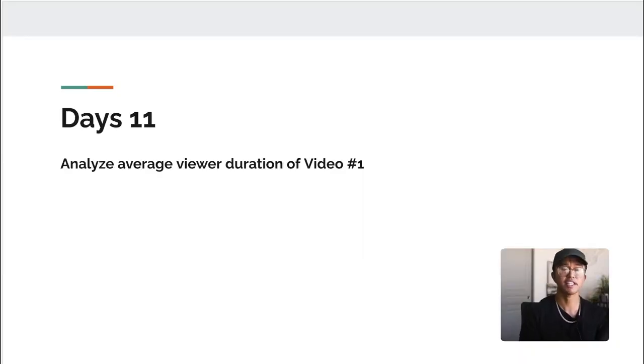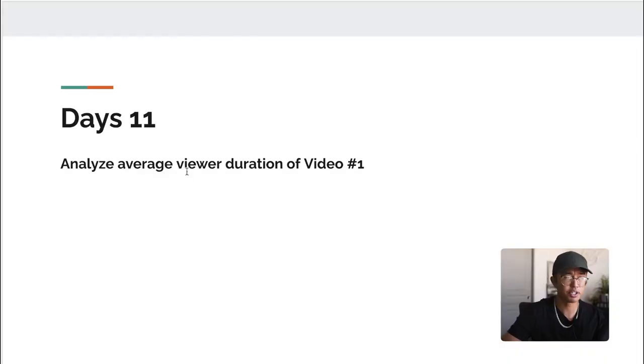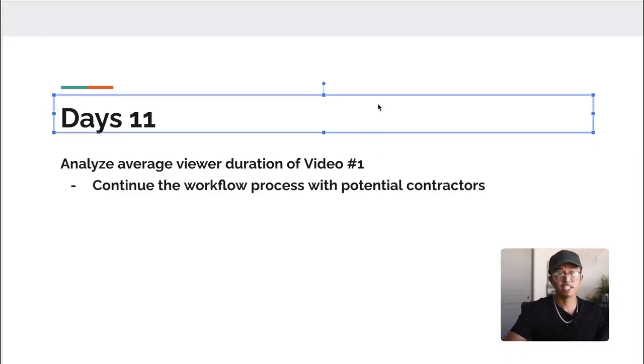So moving on to day 11. For day 11, this is when we're going to start analyzing the average viewer duration of video number 1. Usually for YouTube, it takes roughly 24 hours before the average viewer duration information starts to populate within the YouTube Studio. So on day 11, you're going to analyze video number 1, but also in addition to this, you're